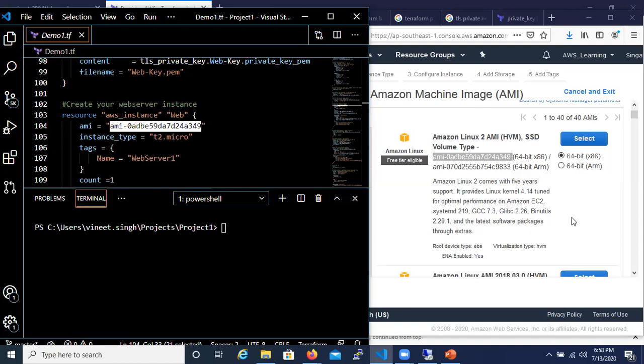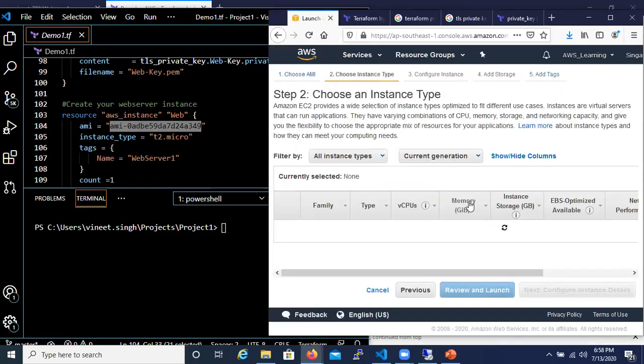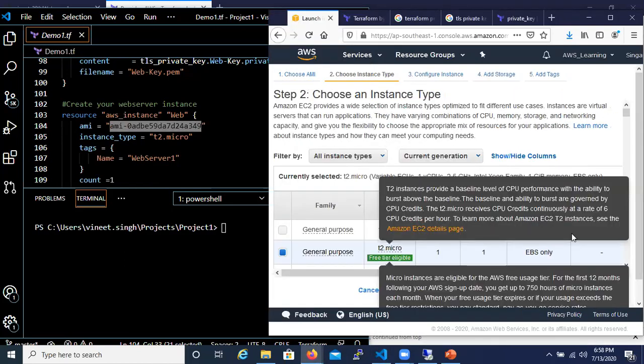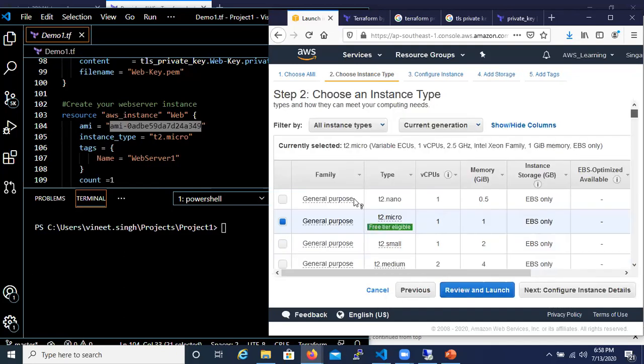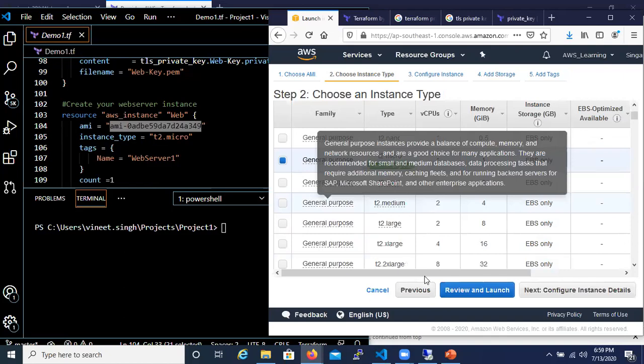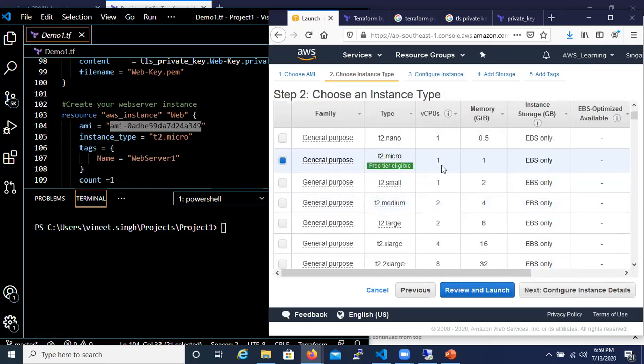And after I select this, it will ask me what is the type that you want. There are different types based on your requirement: how many vCPUs you want to use, how much memory you require.